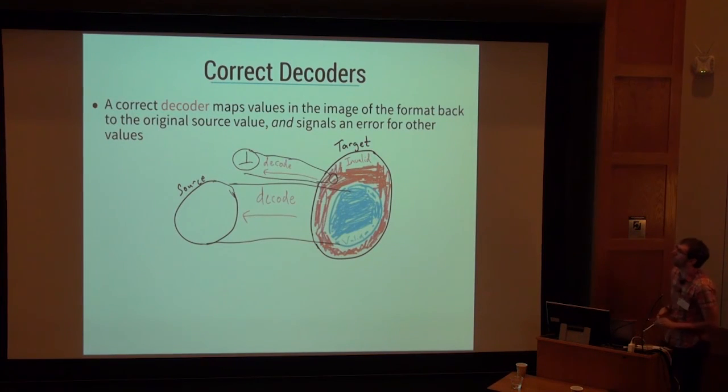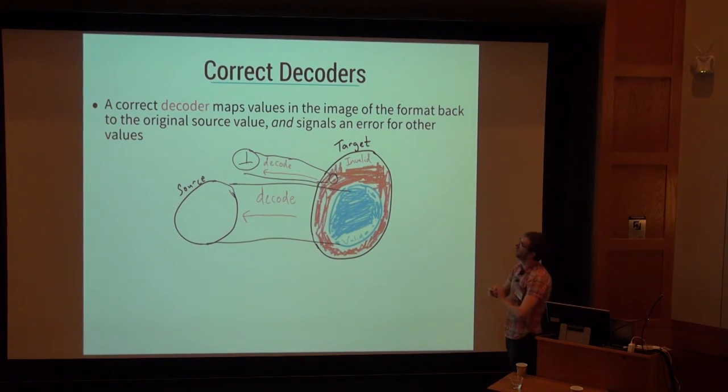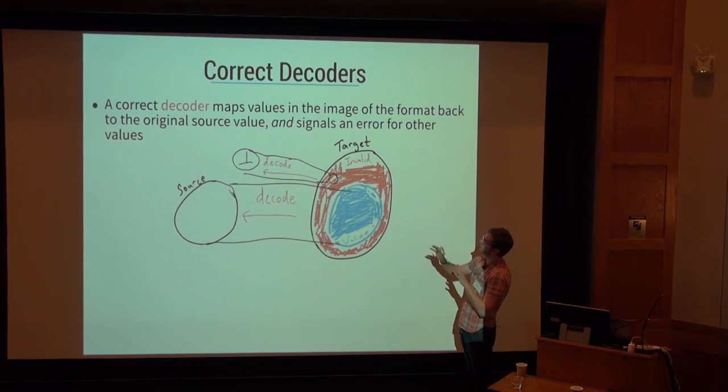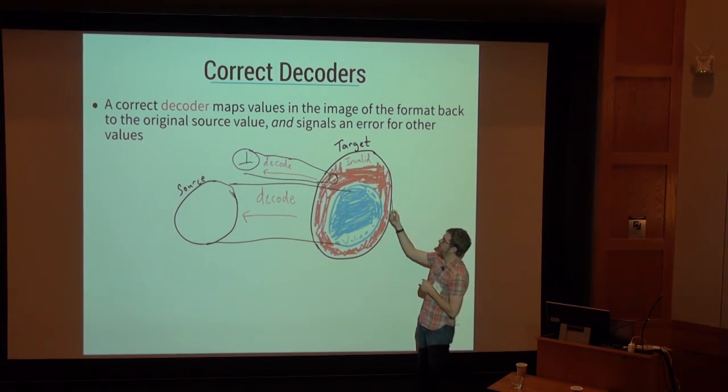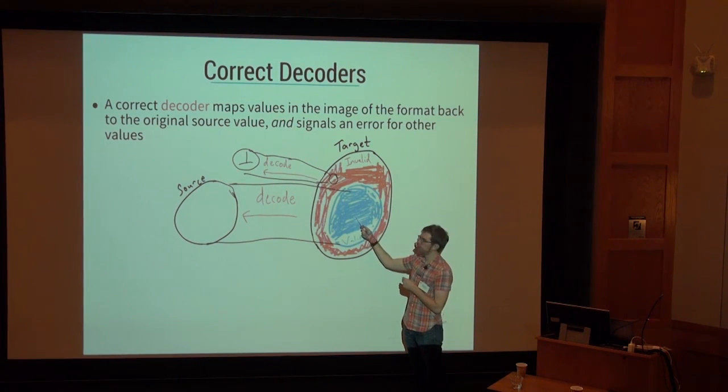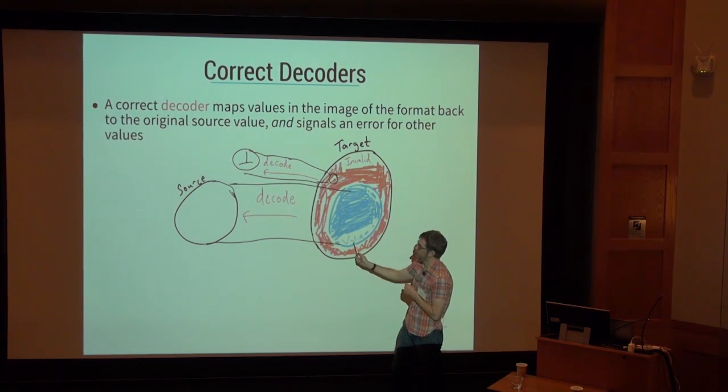On to your question, what does it mean for a decoder to be correct? Well, there are two ways to do this. One approach, well, let me say what we do. So what we say is a correct decoder is one that maps every possible target value that's in the image of some source value back to the